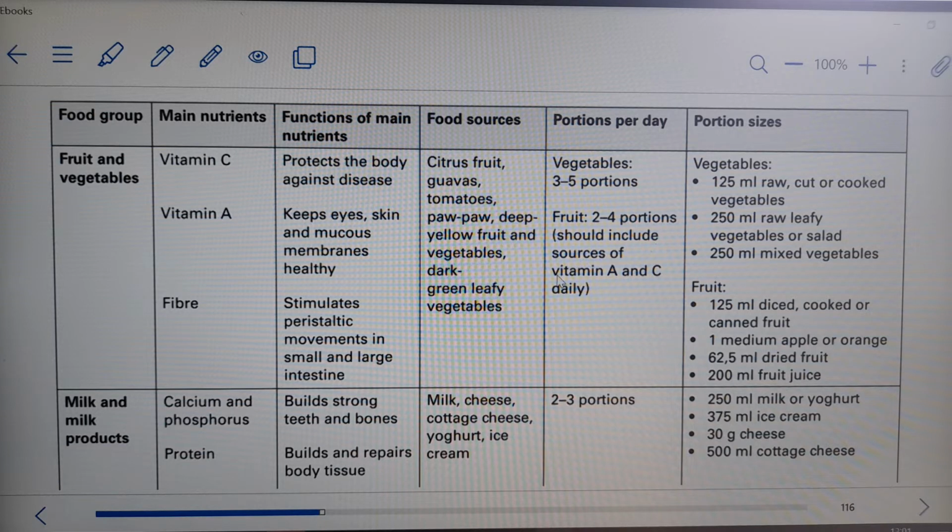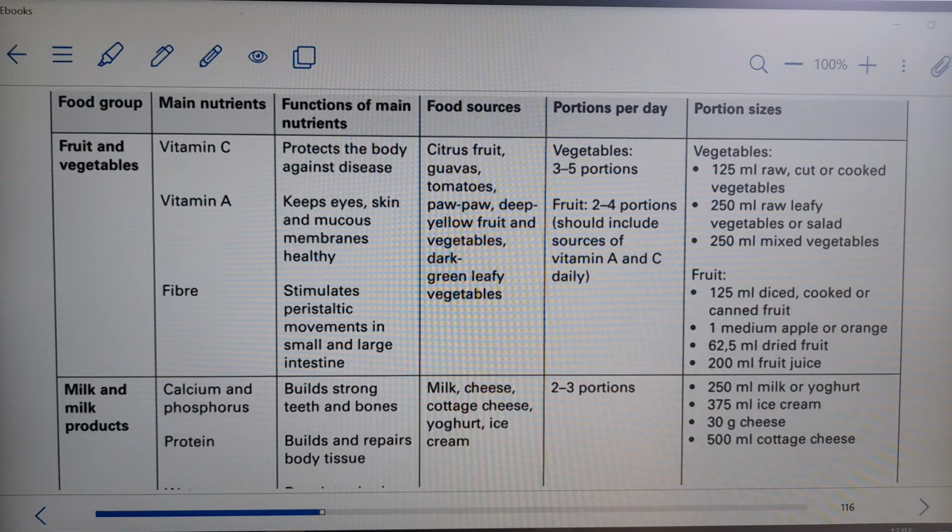That should include sources of vitamin A and C. Vegetables: half a cup of raw, cut, or cooked vegetables, 1 cup of raw leafy vegetables like spinach or a green salad, and 1 cup of mixed vegetables. And then fruit: half a cup of diced, cooked or canned fruit, 1 medium apple or orange is a portion, and